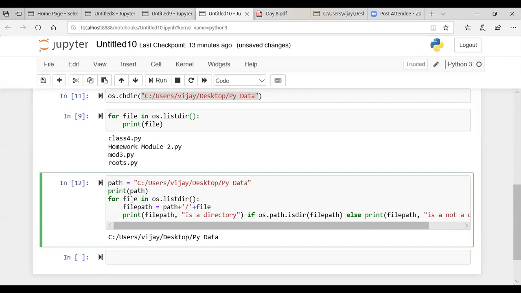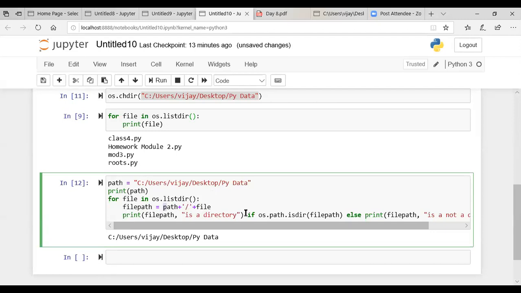Then for file in os.listdir, whichever files are there in this directory, it will determine the file path for all the files. The file path would be the path that you have defined, that is the parent directory, plus the name of the file. This plus is used for concatenating.